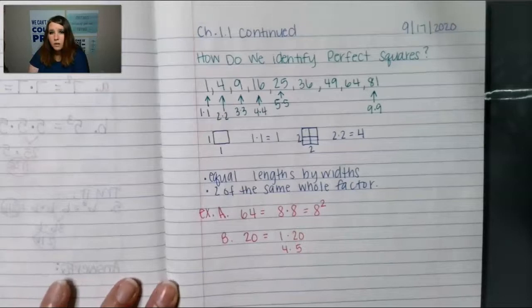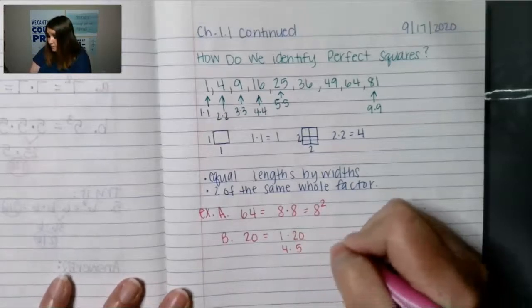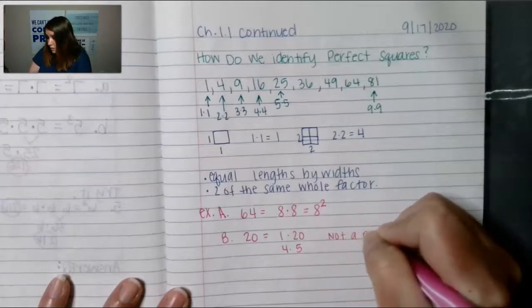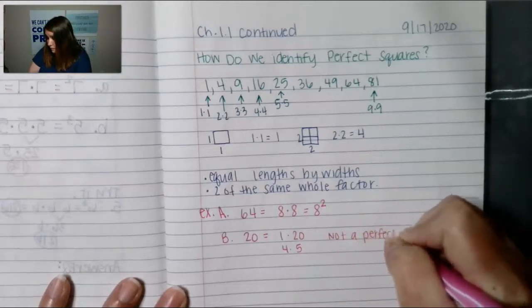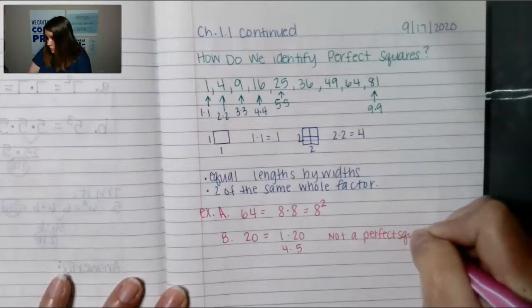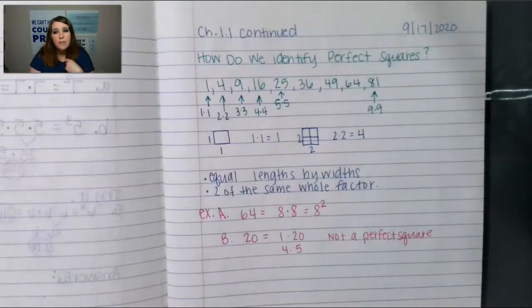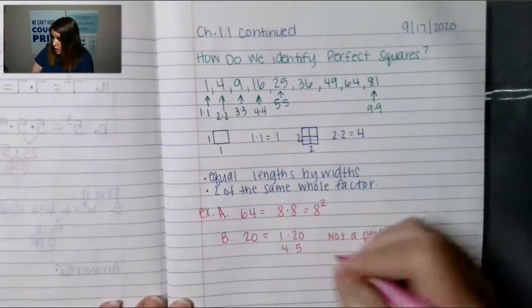That's how we get to 20. So 20 is not a perfect square, because there are no 2 factors that go together that make it a squared number. So it can't be a perfect square, because if I were to draw this out,